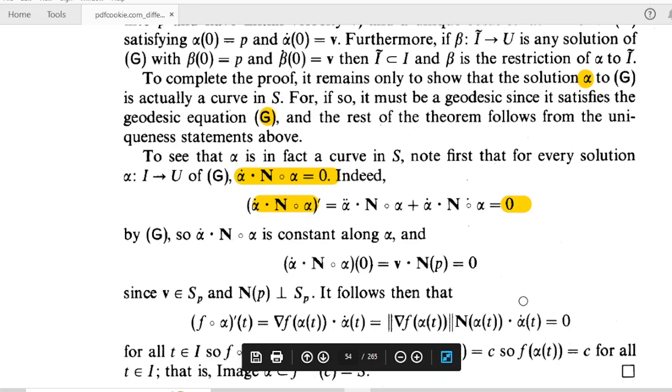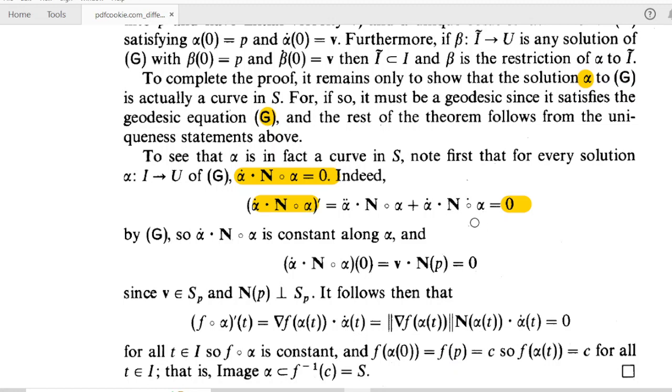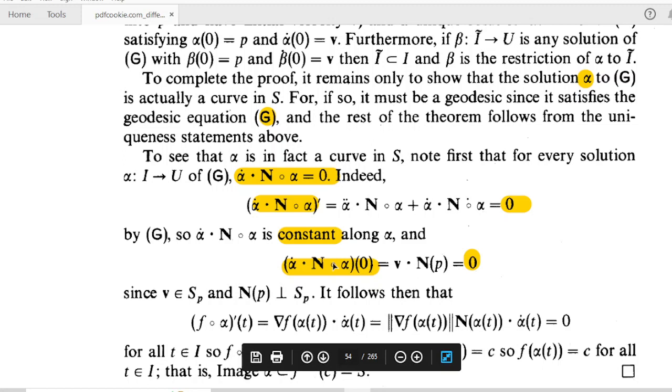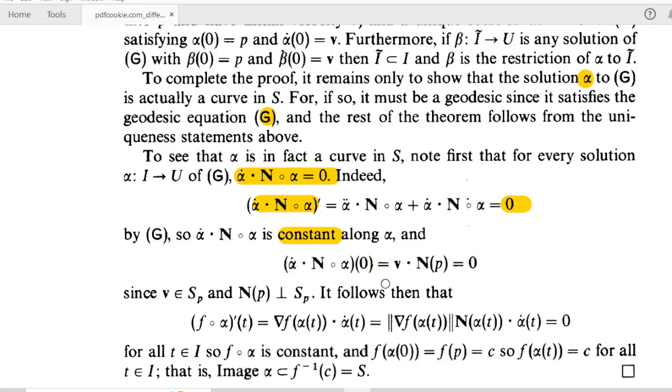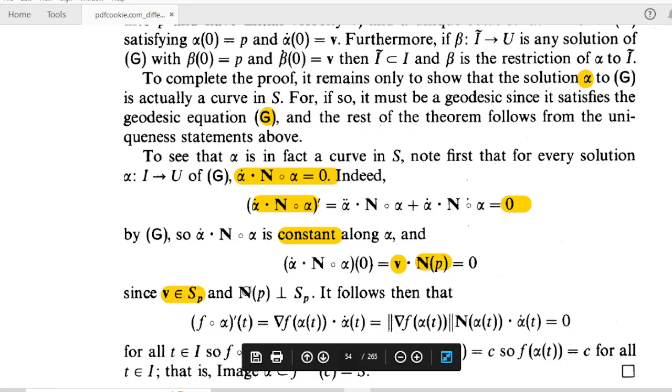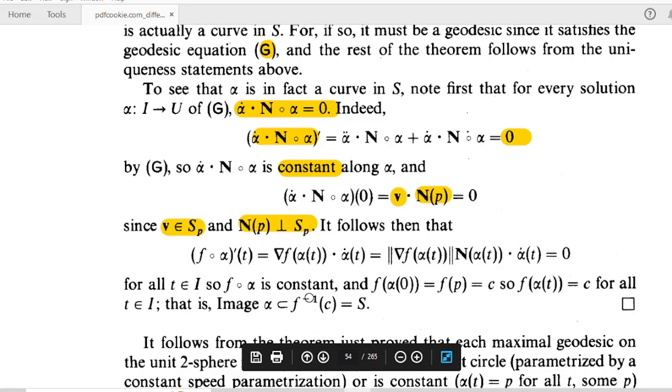Then we get alpha dot n composed with alpha dash equal to 0, but we are getting that alpha dot n composed with alpha is a constant. So at any point, n composed with v will be 0. This particular value can be written as: we know alpha dot is the vector v, n of alpha of t, and if alpha of t is p, then n bar of p is equal to 0. Now since v is a tangent vector, n bar of p is perpendicular to S p. So it follows that